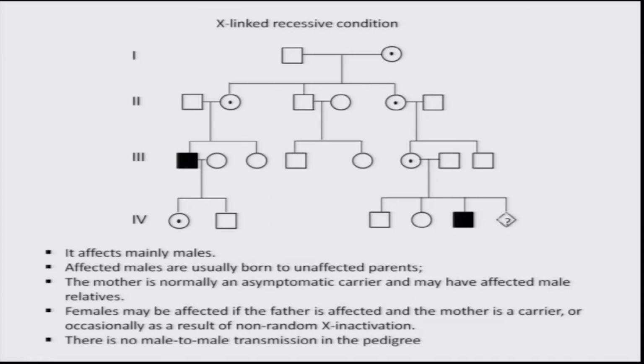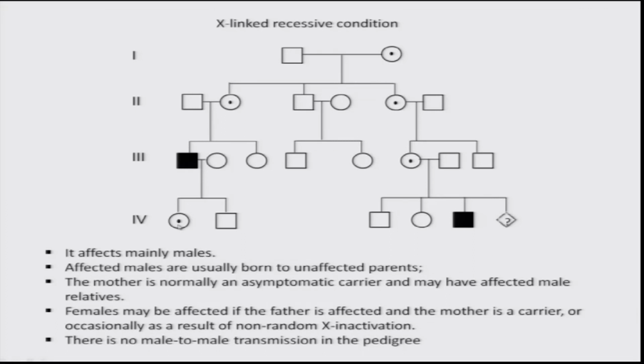So, likewise, you can see here, if you go back in the family, you would find some of the males are affected who are related to the mother. If that X chromosome results in a male, then certainly he would show the phenotype, because he does not have a Y chromosome, he does not have the other wild type copy. Females may be affected if the father is affected and the mother is a carrier, right. It can be transmitted by a father to a daughter, like what you can see here. But if the mother also contributes an X chromosome, if she is a carrier, then the daughter also can be affected,